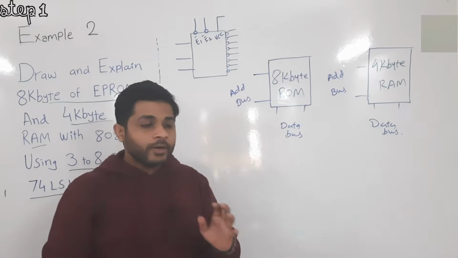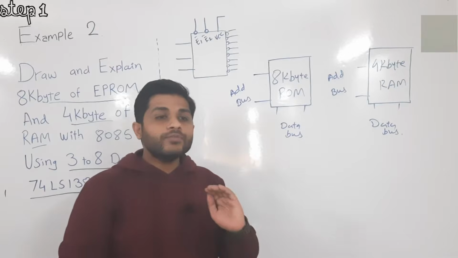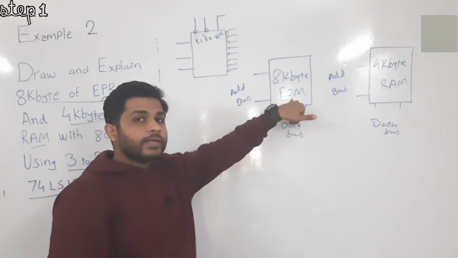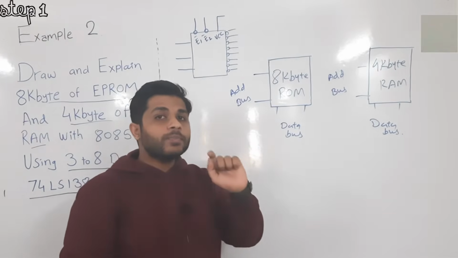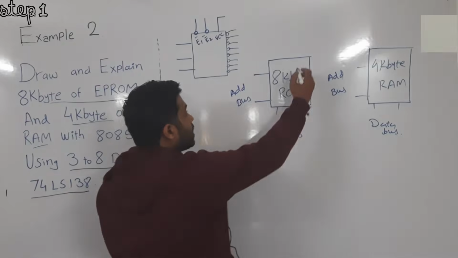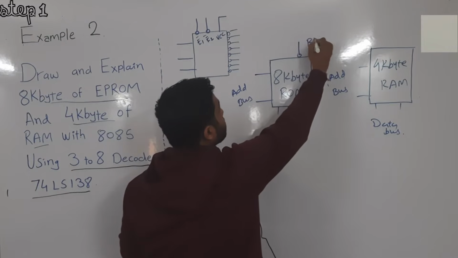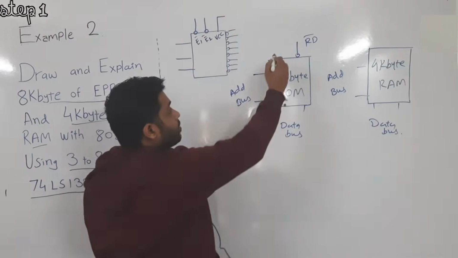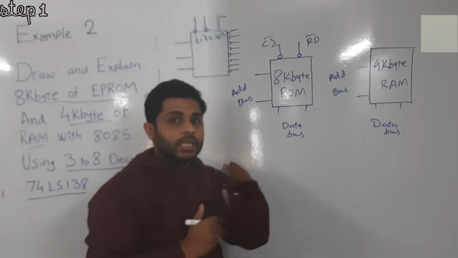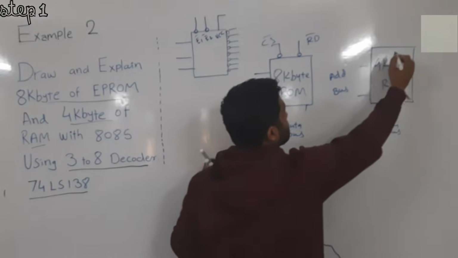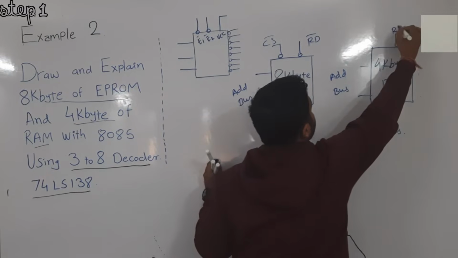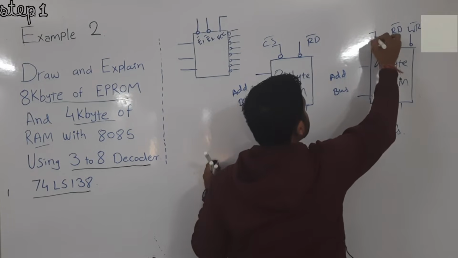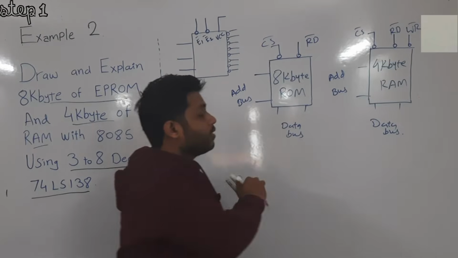Always remember, students, the control signal is totally dependent on which type of memory we are connecting. Right now in this case we are connecting ROM. For ROM, there is only one control signal available in the memory, which is read bar, because we can only read the ROM, and there is one chip select. For RAM, there are two control signals present in the memory, read bar as well as write bar, because we read and write the memory, and there is one chip select in this memory.